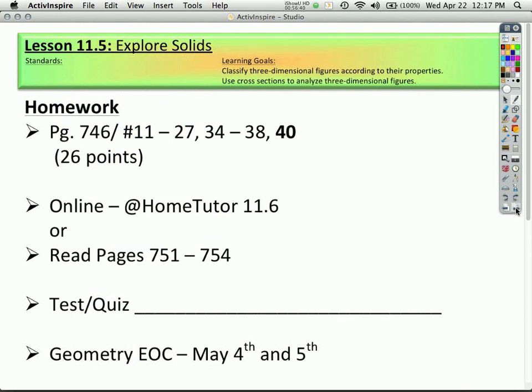Good. Draw a line across your paper. Your homework is on page 746. You are doing numbers 11 through 27, 34 to 38, and number 40. Number 40 has several parts, and then one of the other questions has 2 parts, so each part counts separately for a total of 26 points. Please do the at-home tutor or read the next section. Don't forget your EOC is in a couple of